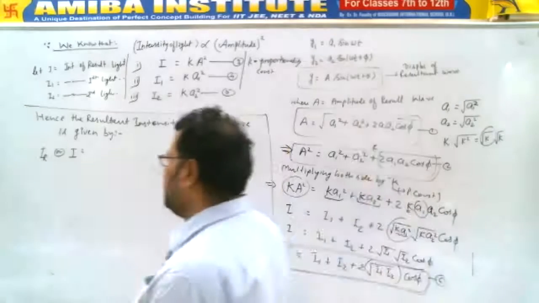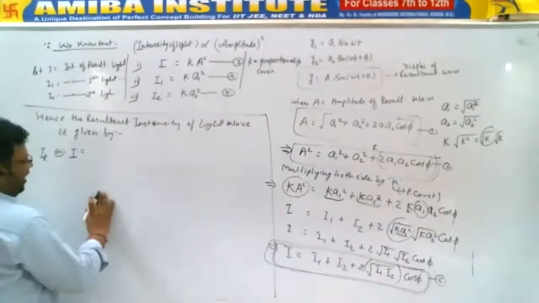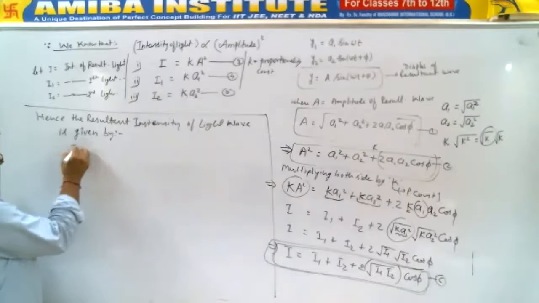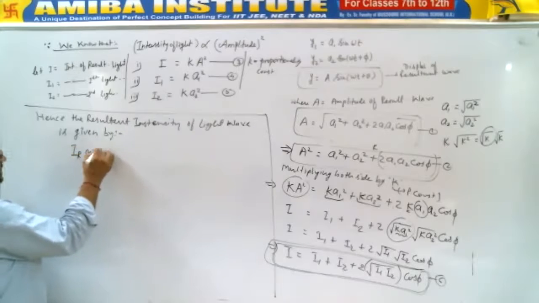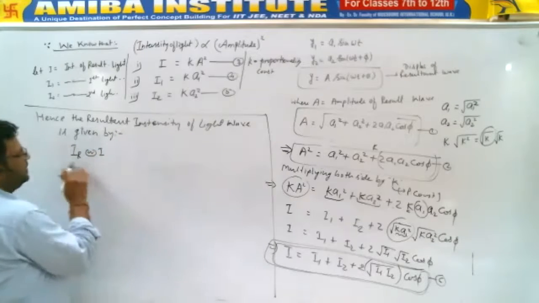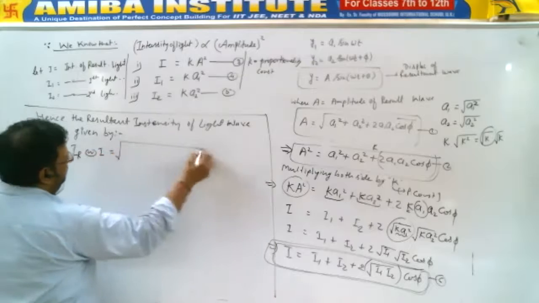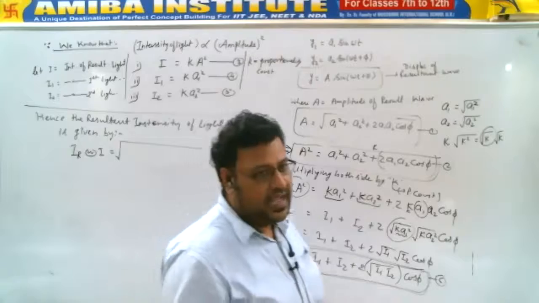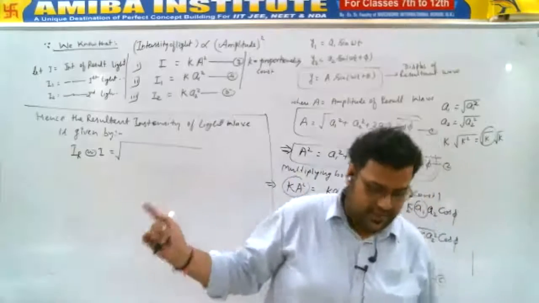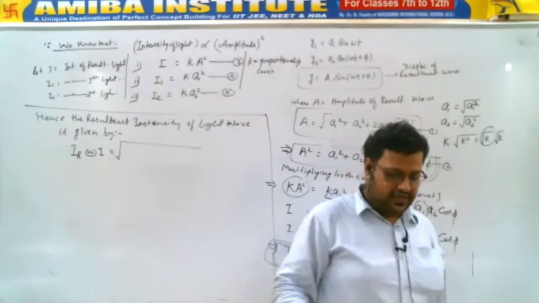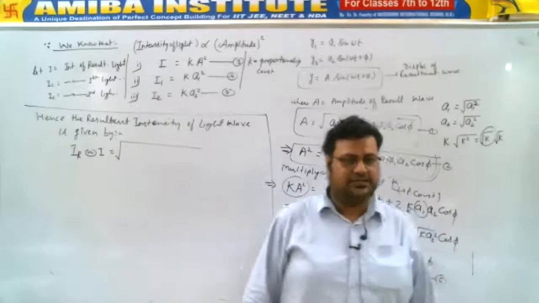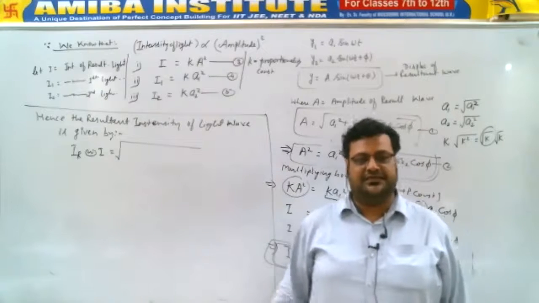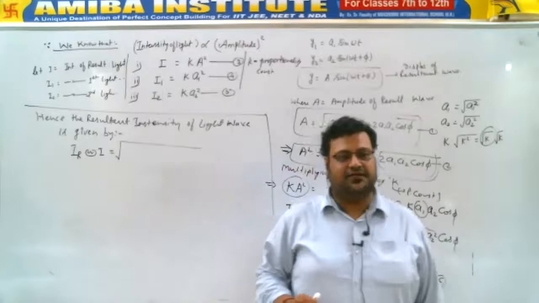So I_R will be equal to, so from now onwards I'm going to prefer I_R only, right? Let it be I till now, but I'll prefer I_R so that I will not get confused whenever I'm solving the numericals. I always prefer I_R instead of I, because when we deal with numericals there is some confusion, because the question will give us directly the value I.